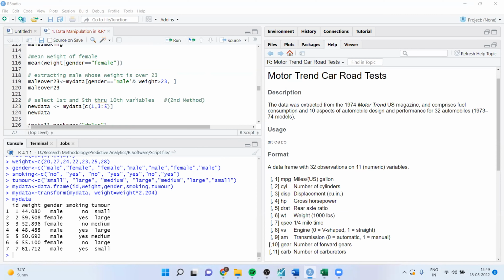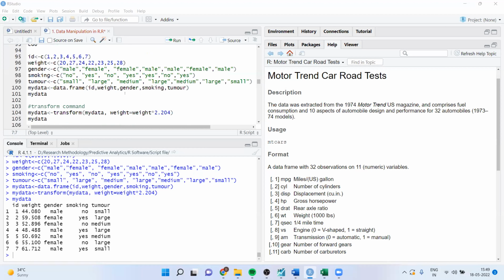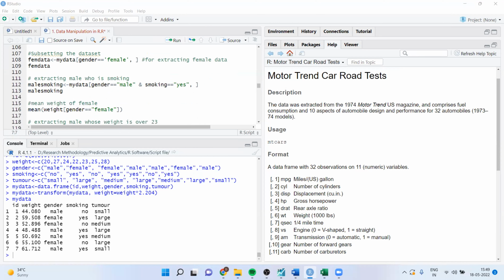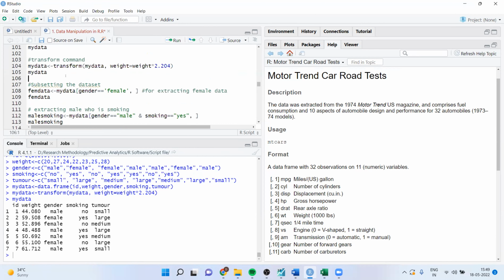You want to know whether the tumor is more in male or female? Yes, sir, in the same similar way. So for that, you can run this aggregate command. See, you want to see whether the tumor is more in male or female. Okay, so we'll run the command